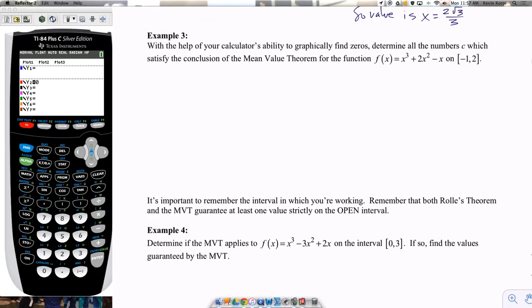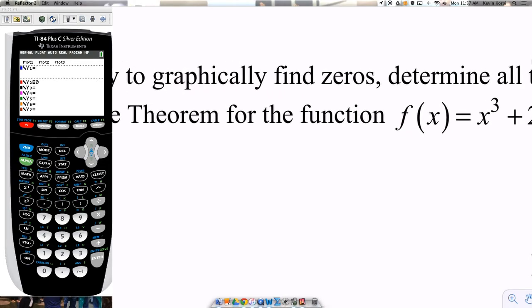Okay, example 3. With the help of your calculator's ability to graphically find zeros. This is one of the big 3 things that we're going to be doing with our calculator this year. We're going to be finding zeros for equations that we're trying to solve. We're going to be trying to find numeric derivatives and later on numeric integrals. We can use it for a whole lot more than that, but only on the portions that are